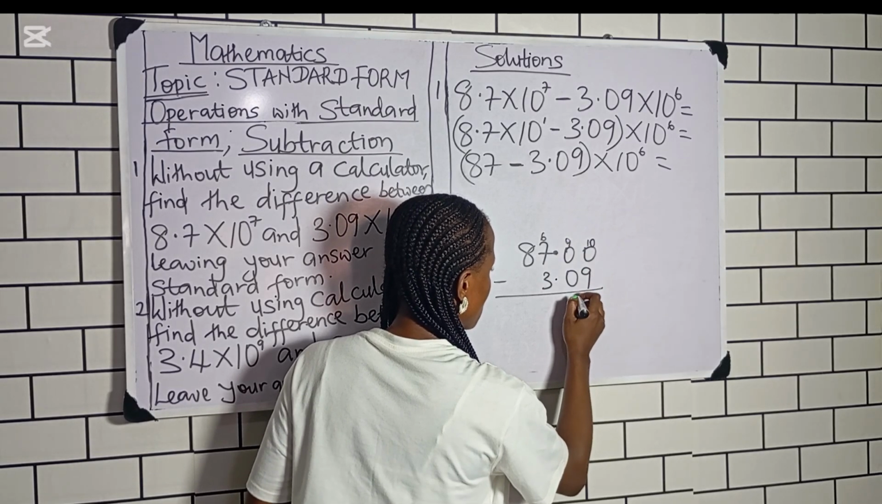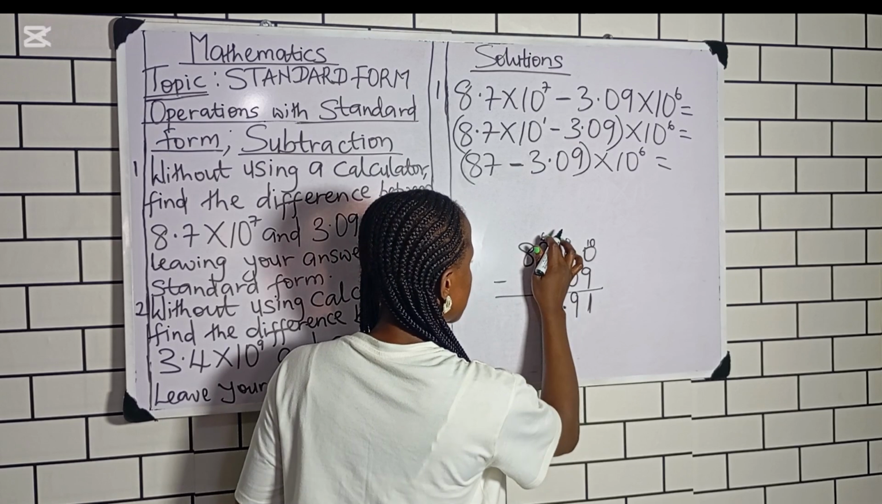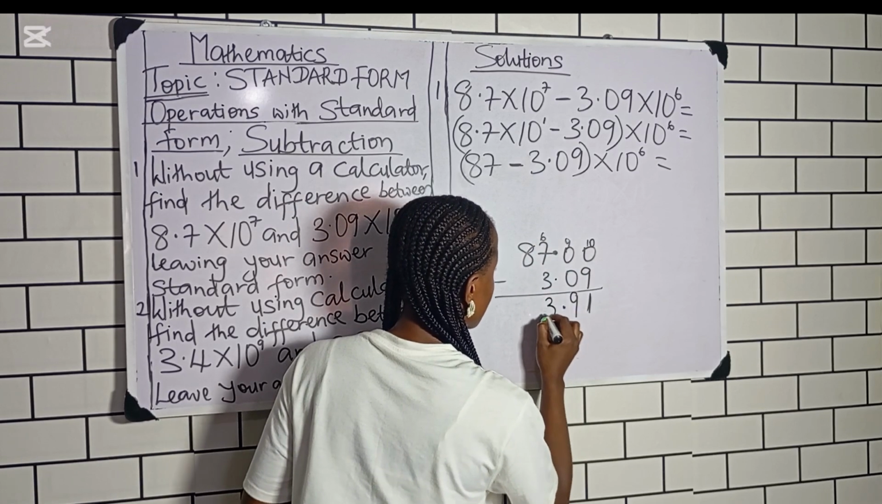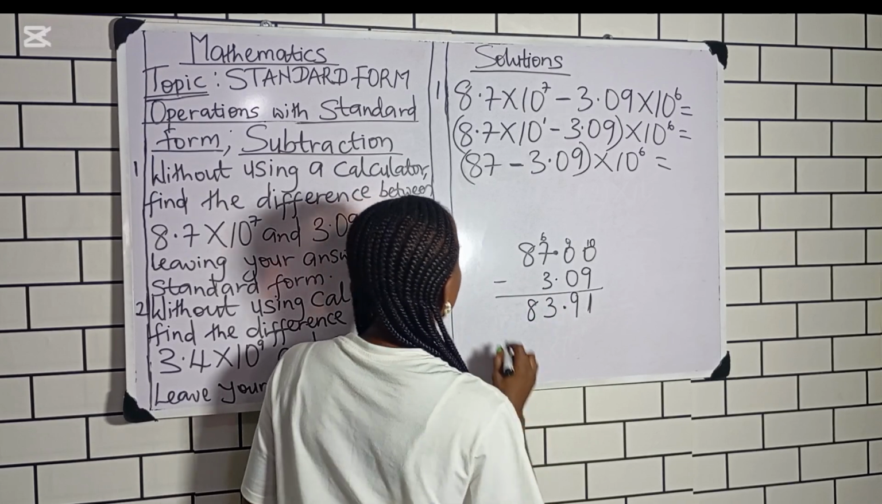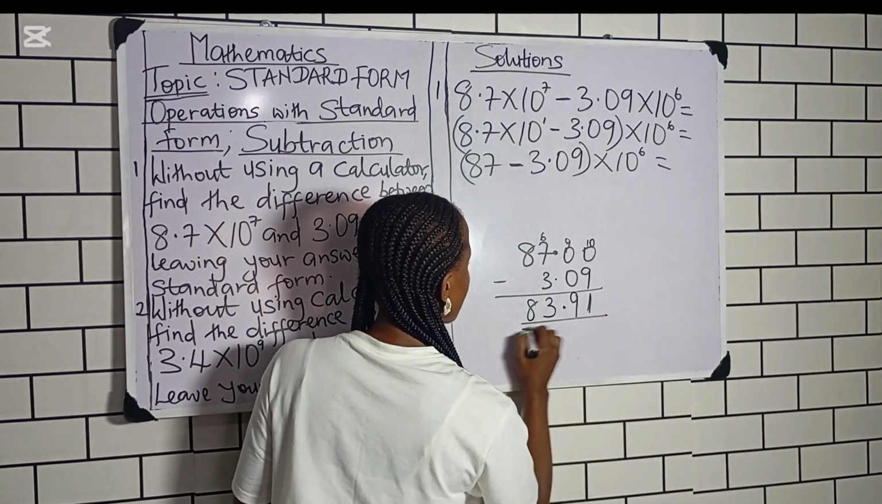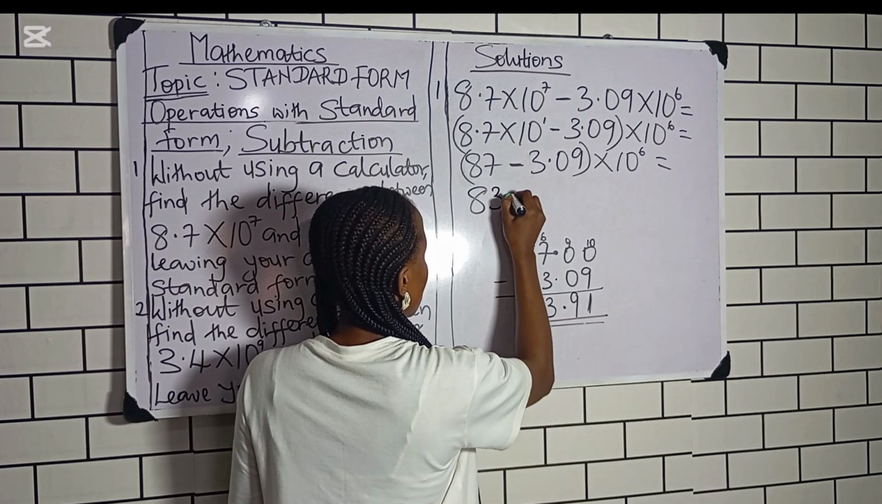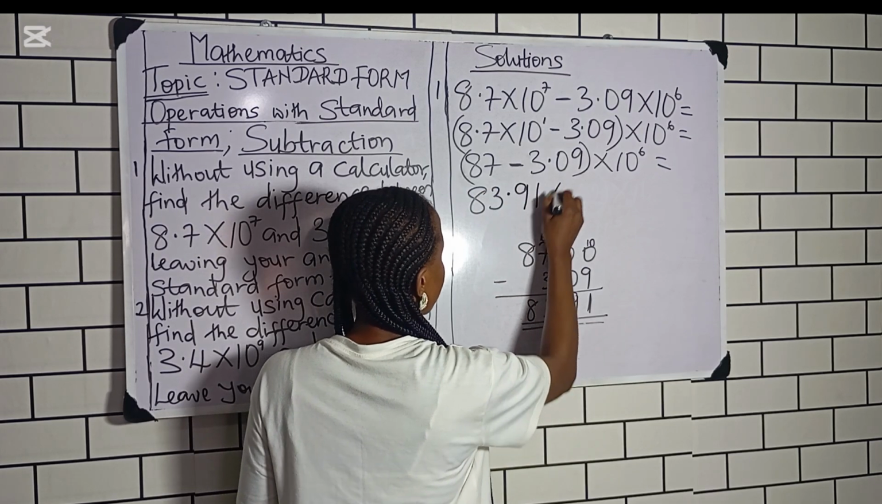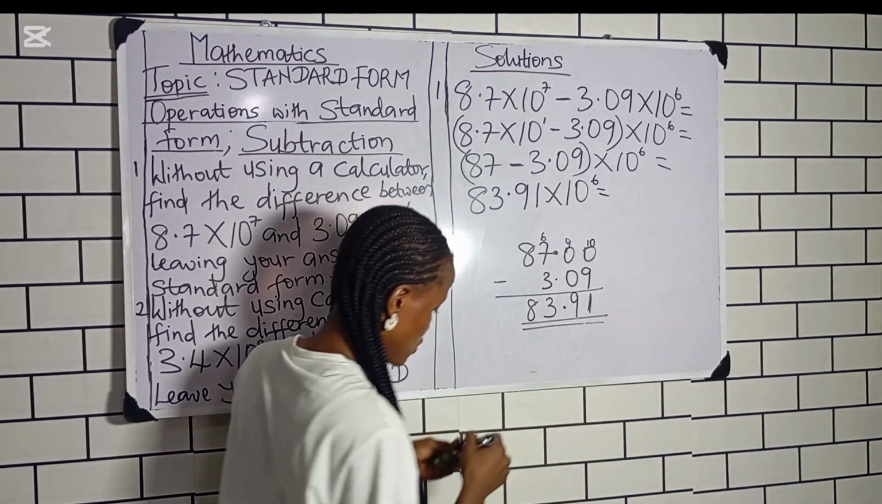9 minus 0, 9. Bring down your decimal point. 6 minus 3 will give us 3. 8, there's no number here, bring down your 8. Therefore, this will be giving 83.91. 83.91 times 10 raised to power 6. This will be equals to,